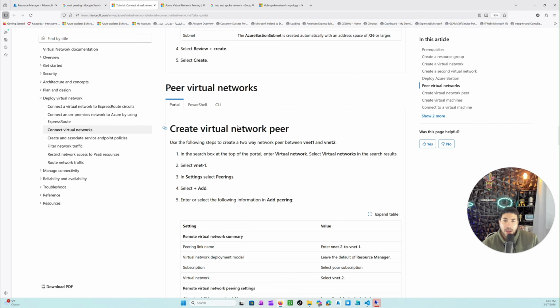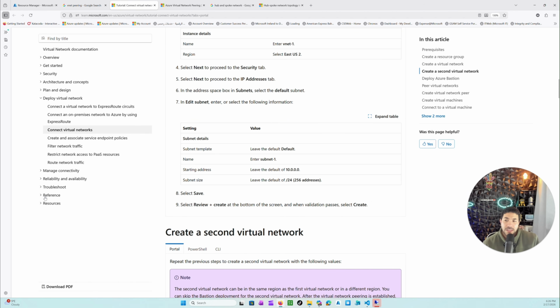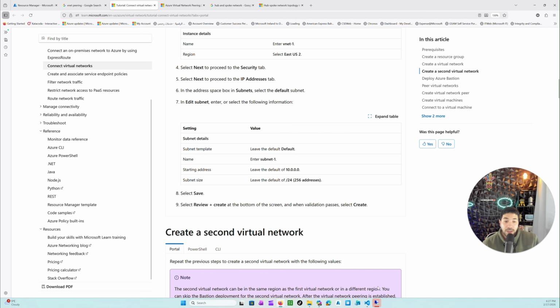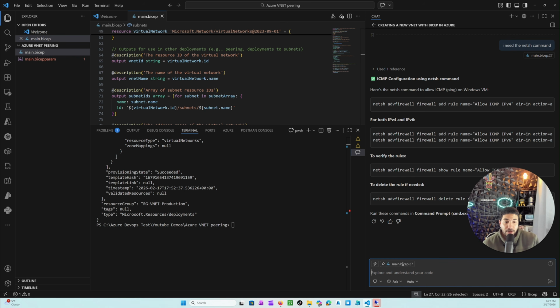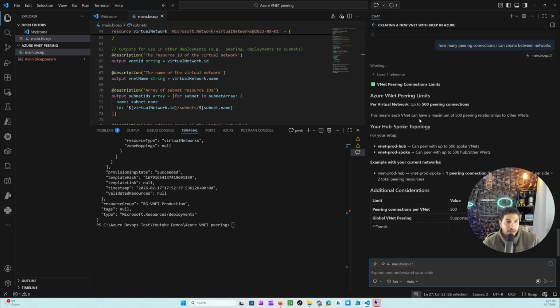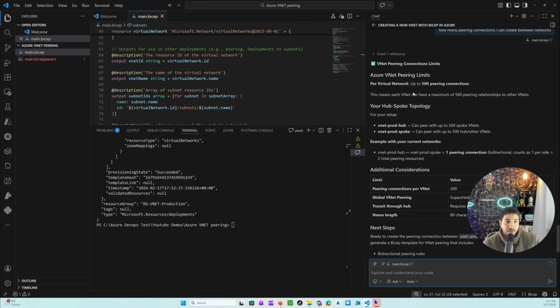That's fine. And I think you have to go back to the limits, or the virtual network limits, to really know how many peerings you can create per virtual network. But we can ask Copilot how many peering connections I can create between networks. So I should be able to view an answer. So here it's going to tell you the maximum peering is 500